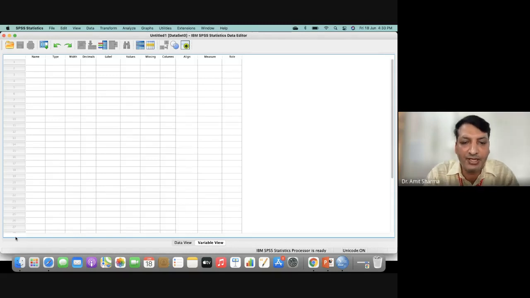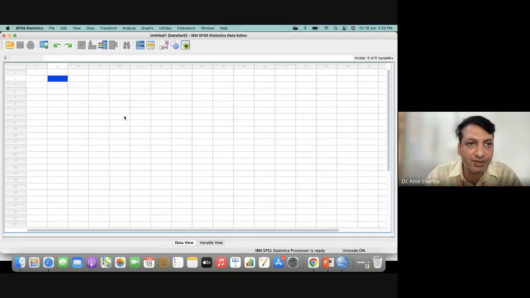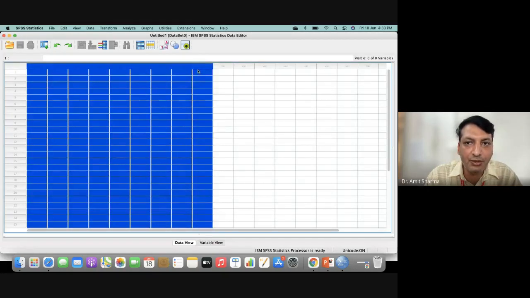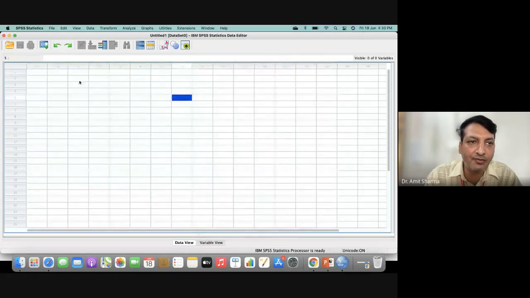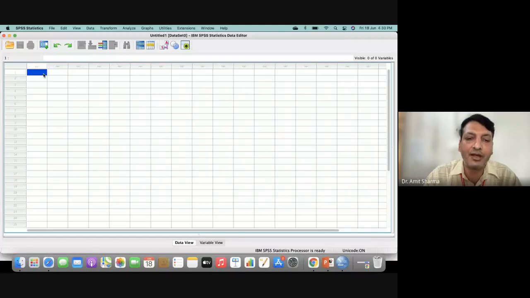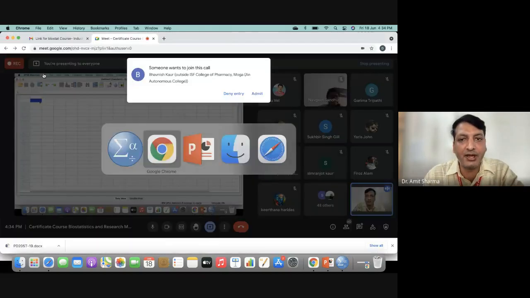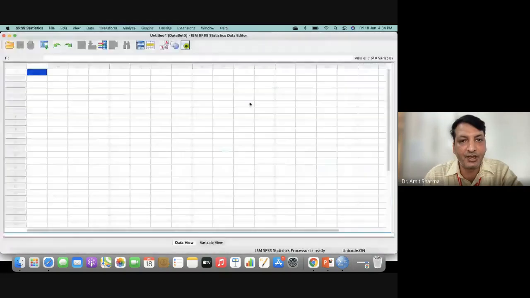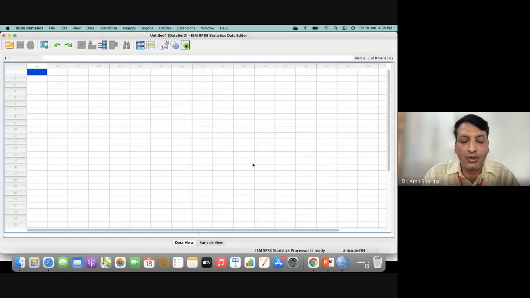Now, what do these views mean? First, I'll introduce this. Data view, which I'm at present in, will be used to enter the data when you have customized your sheet. That means every individual has to customize the SPSS sheet as per the need of their research work. Clear? So to customize the sheet, you have to go into the variable view.